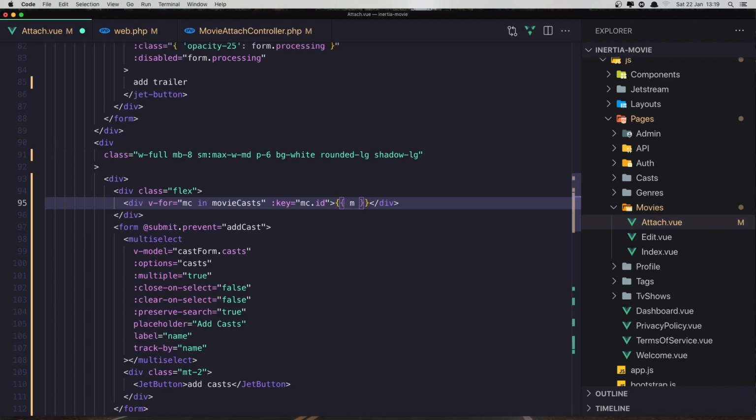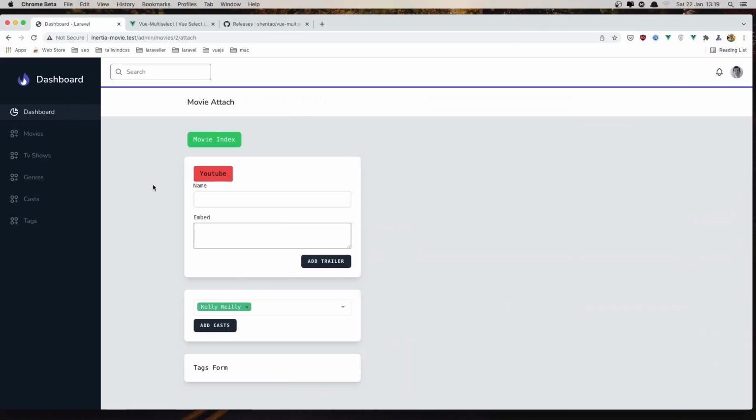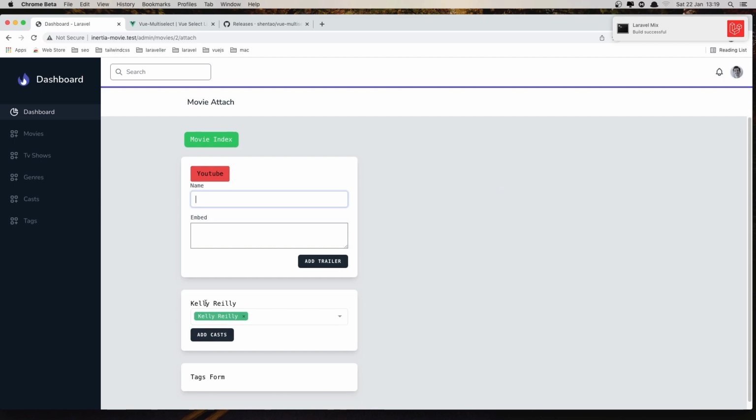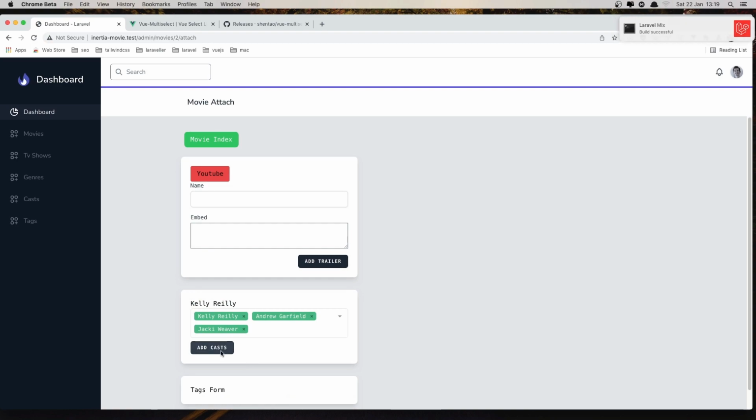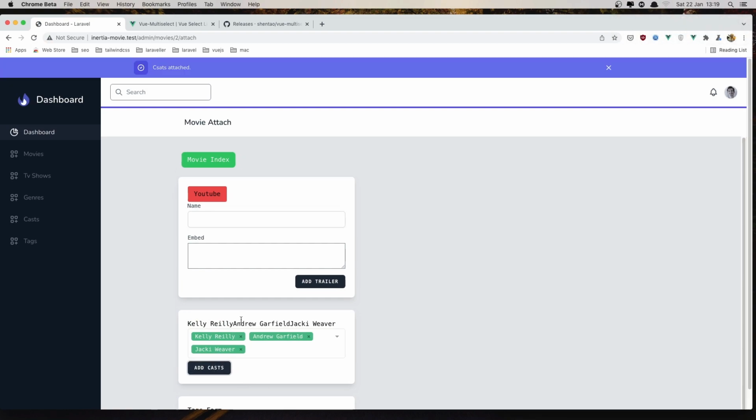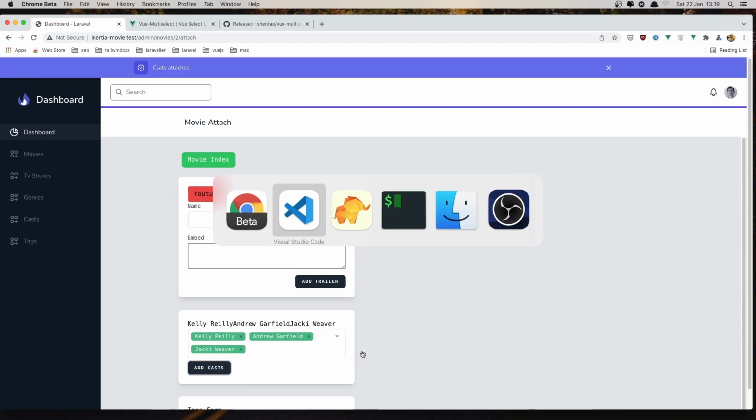So mc.name, save, refresh now, and we have this name here. So if I select two more, say add cast here, when we have them here, and maybe